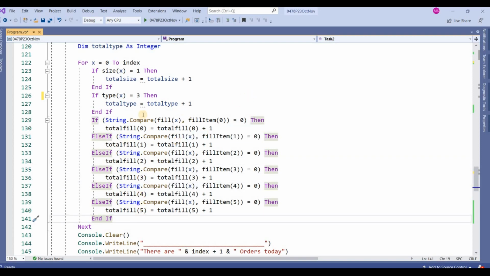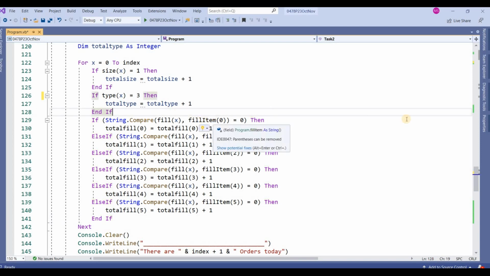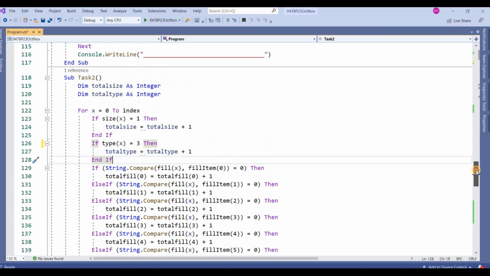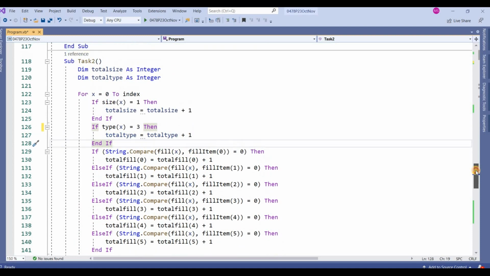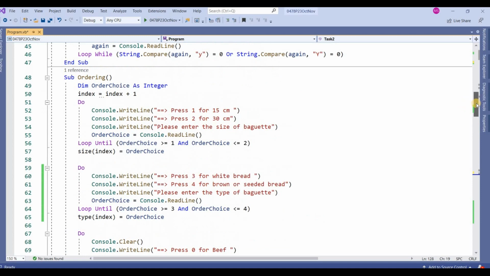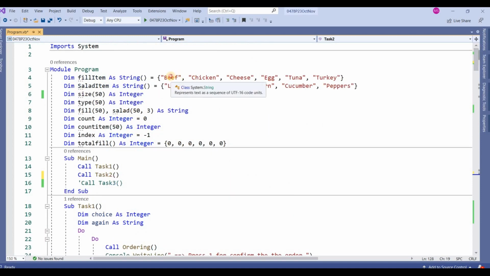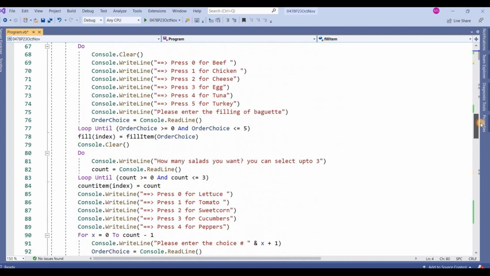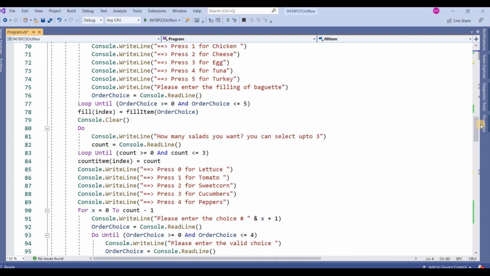It will check whether the stored fill array at x contains the fill item 0, meaning the order value is matched with beef, chicken, cheese, egg, tuna, turkey. The order value is matched with which fill item, beef or the others.